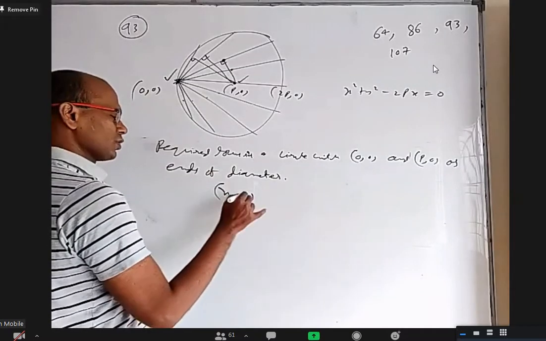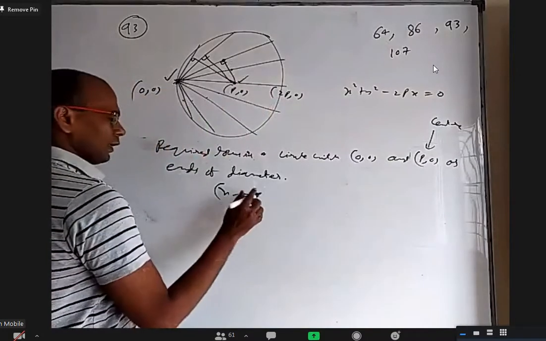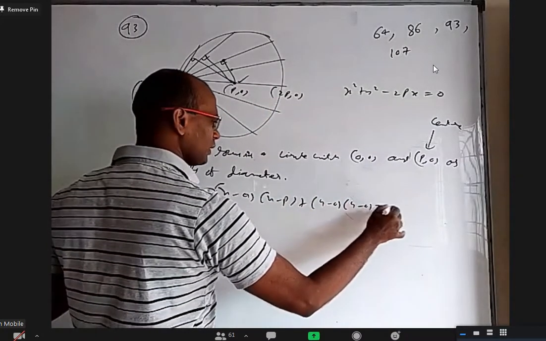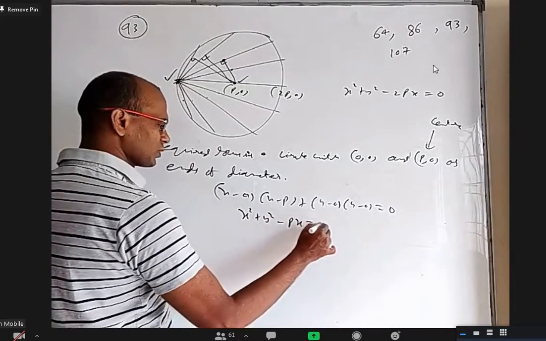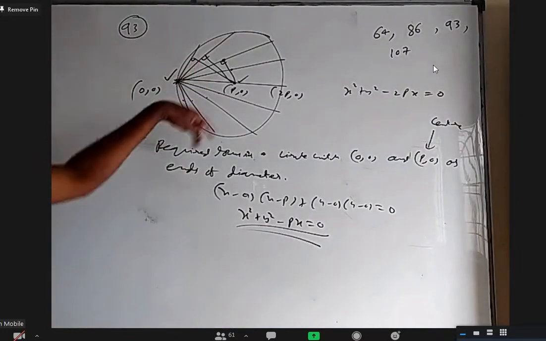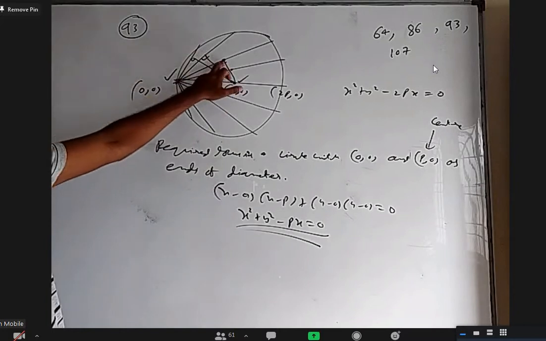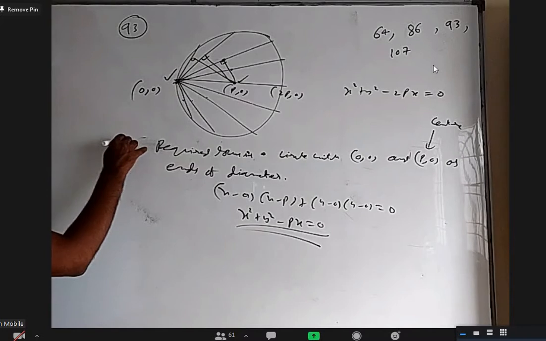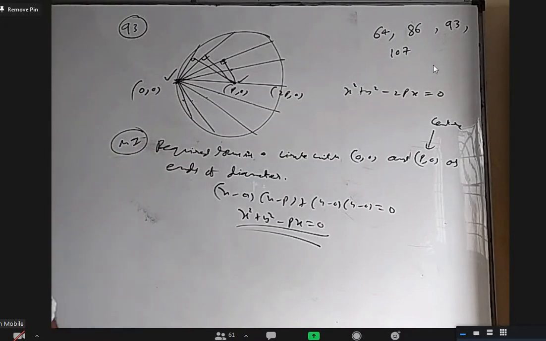Simply x minus 0, this is center actually. x minus 0 into x minus p, y minus 0 into y minus 0, x square plus y square minus px equal to 0. I discussed this theory only. I have not done any question in the class, but I explained thoroughly why the locus of the midpoint is a circle with these as ends of diameter. This is method 1. Is it okay 93 for this method? Yes, sir. Okay. Method 2.